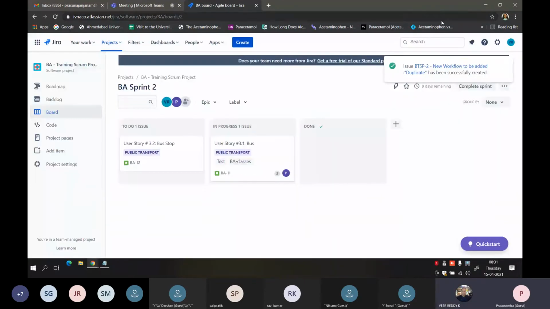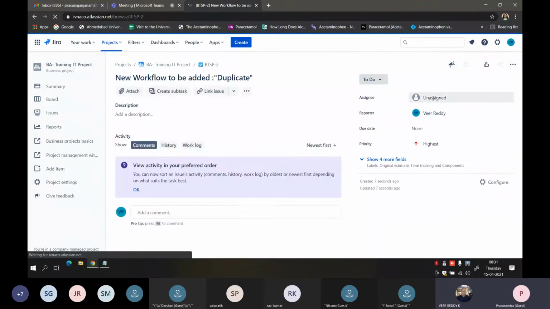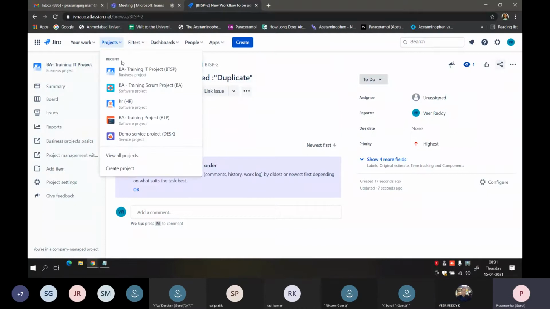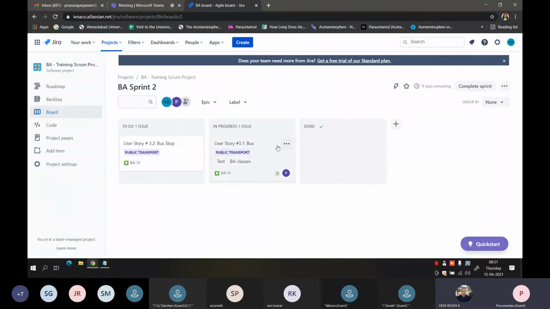Technically, this would be assigned automatically, but here we haven't created any IT profile, so this is not assigned to anyone. Any IT ticket that you create would be automatically assigned to the IT member, and they would look into the requirements and make the backend changes, so that in your project you will see that new workflow once they complete the task.